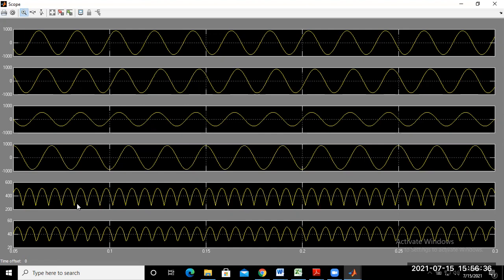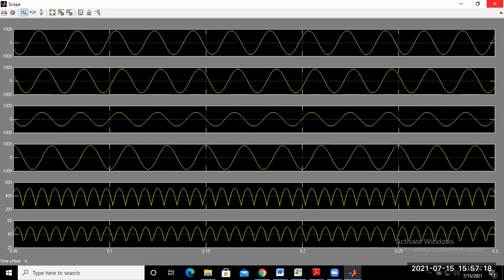So you may practice this type of circuit in MATLAB and design some circuits. That means various types of load you may consider, as we already discussed in today's lab. That means RL and resistive load. You may practice for RLE. So you just change the types of load. Resistive and RL load we already discussed.